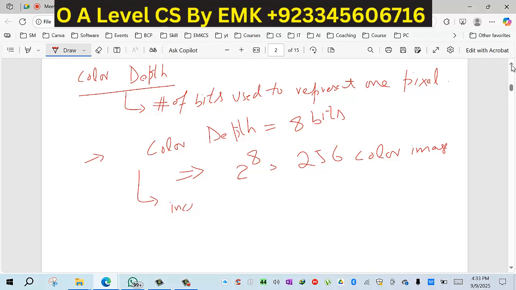It means increasing the number of colors means you need to increase the color depth. Understood? तो कलर डेप्थ बढ़ाने से, इंक्रीज करने से क्या होगा कि आपकी इमेज के जो कलर होंगे, नंबर ऑफ पॉसिबल कलर, वो इंक्रीज हो जाएंगे।